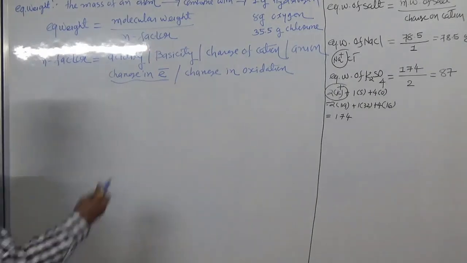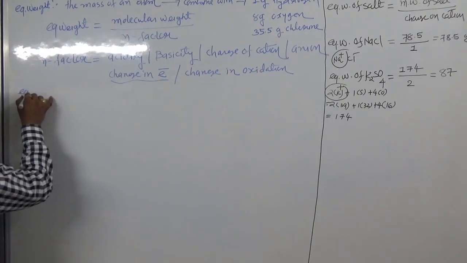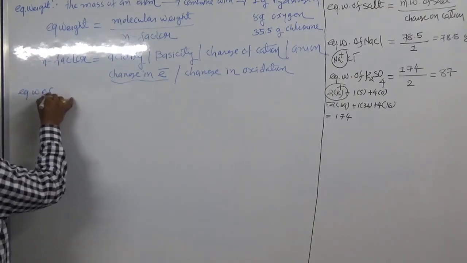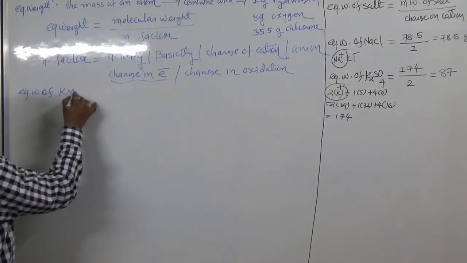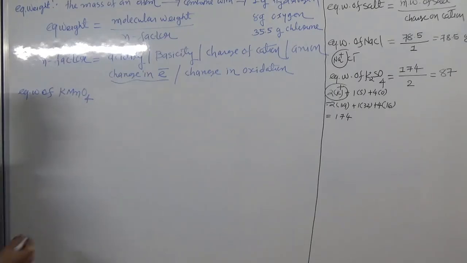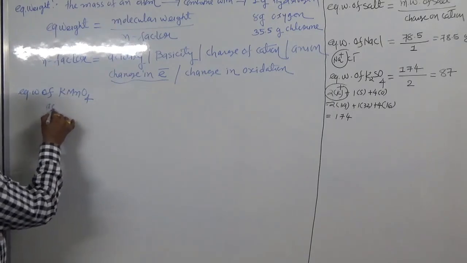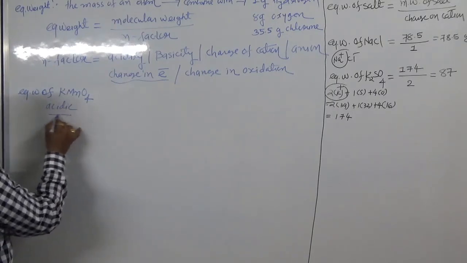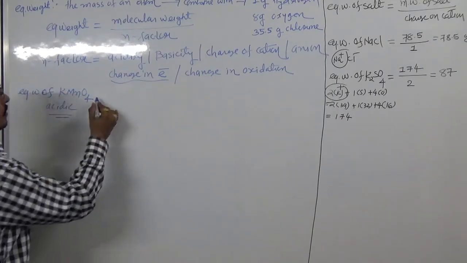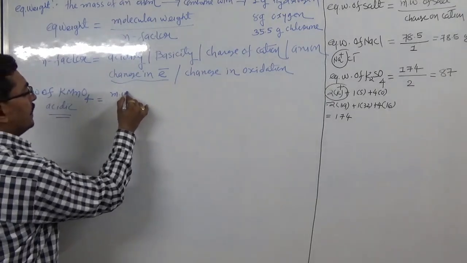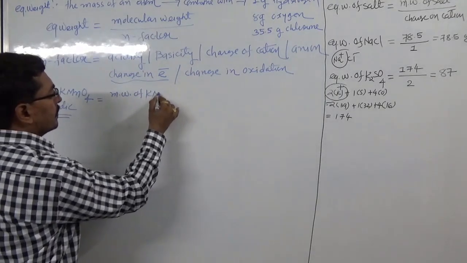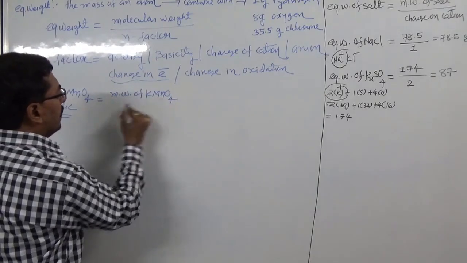Now, the equivalent weight of KMnO4. We want to find the equivalent weight of the compound KMnO4, and it depends upon the medium. Suppose we want to find the equivalent weight of KMnO4 in an acidic medium. Then in acidic medium we have to use this formula: molecular weight of KMnO4 divided by